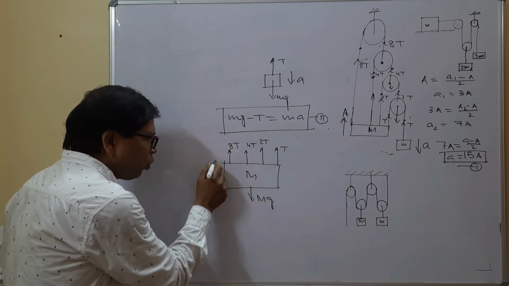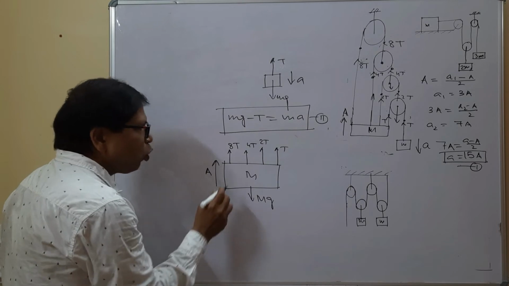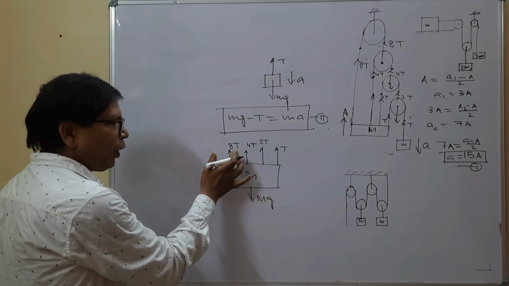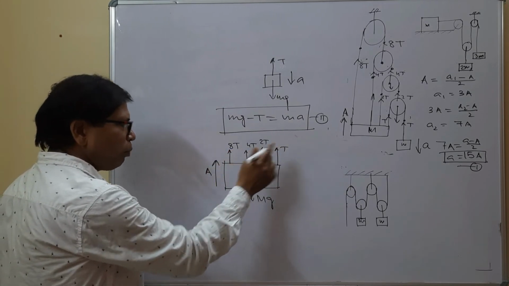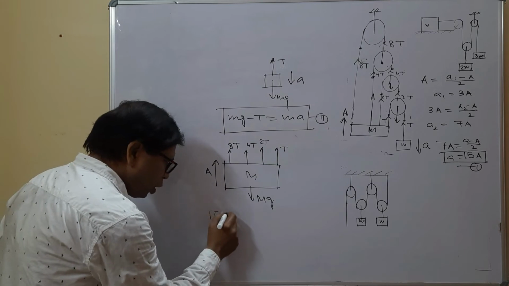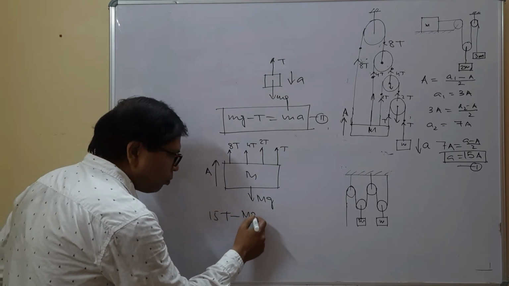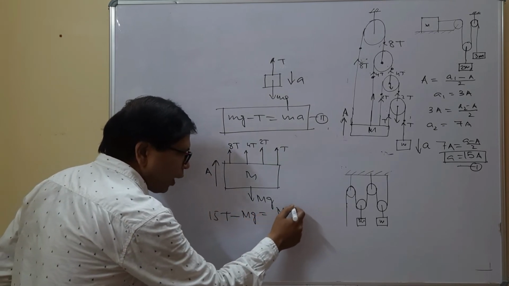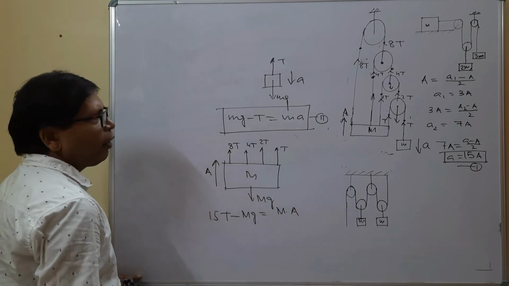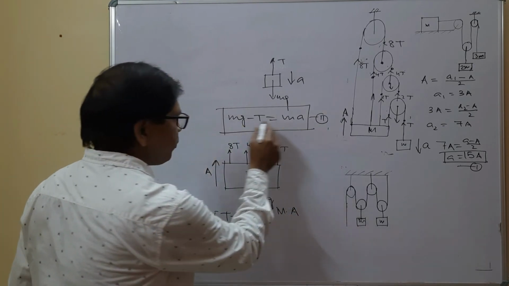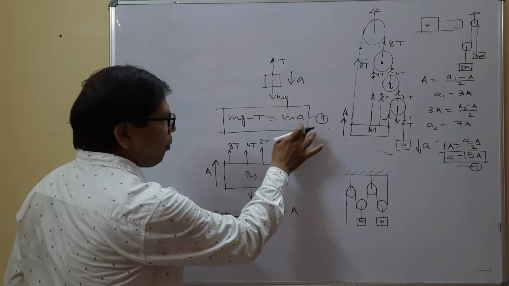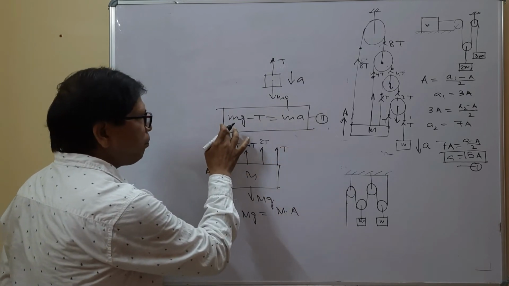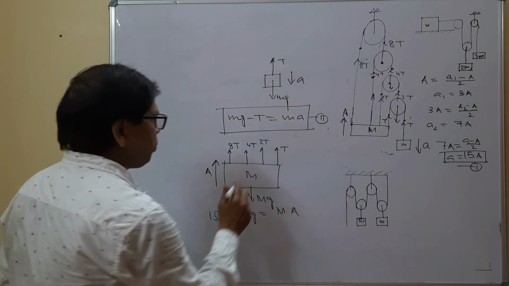This moves up along this direction a. So look at this, 8 plus 4, 12, 14, 15. So this is 15T minus capital Mg equals mass into acceleration. Okay. Now look at this. Here, if we multiply this by 15,